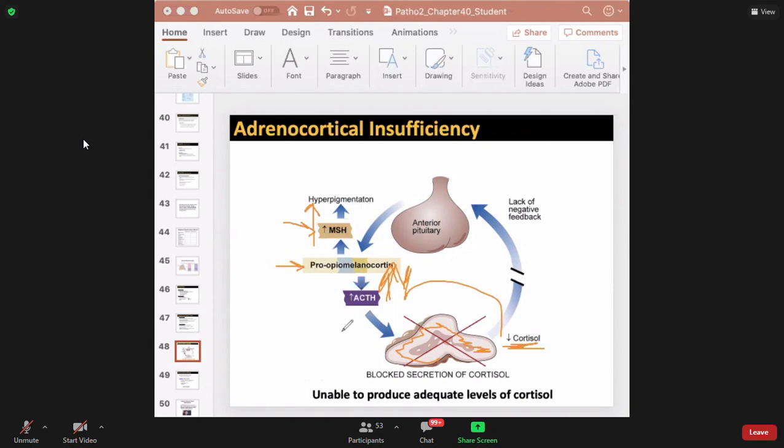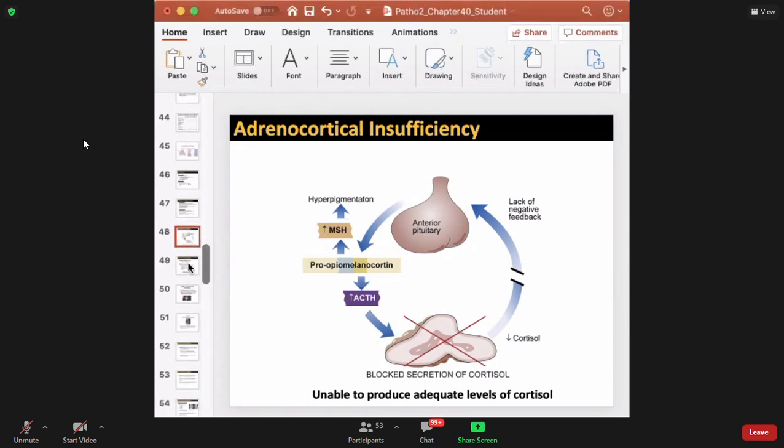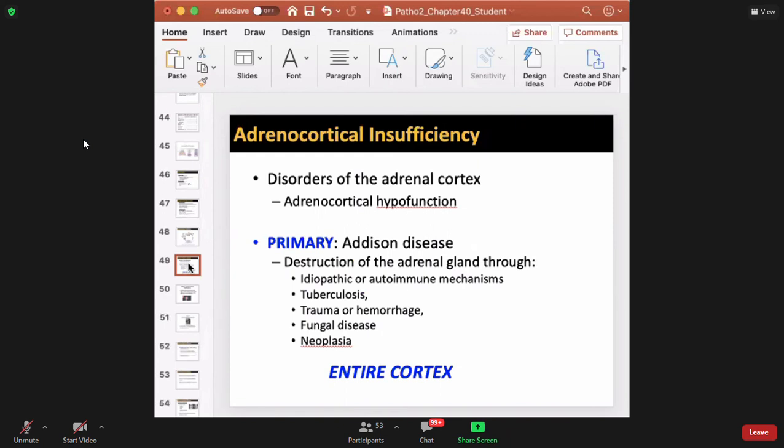So a lot of times when your ACTH increases, your pigments actually increase as kind of like a side effect of that happening. So you'll see with disorders where the cortisol has fallen that the patient tends to have like a hyperpigmented skin as well. So you can look out for that in the manifestations associated with, for example, Addison's disease. So when someone has Addison's disease, right,